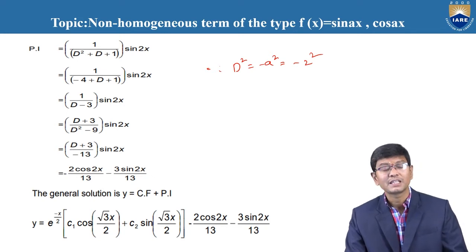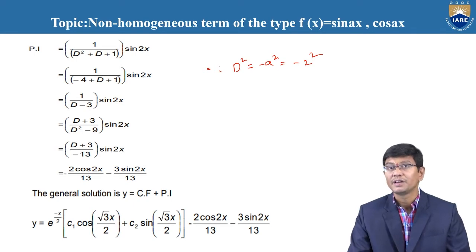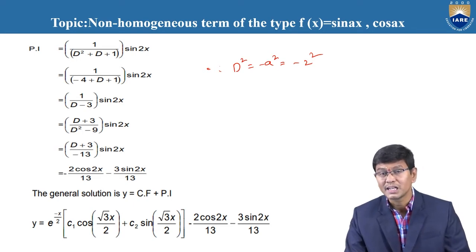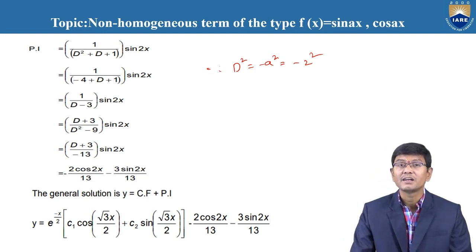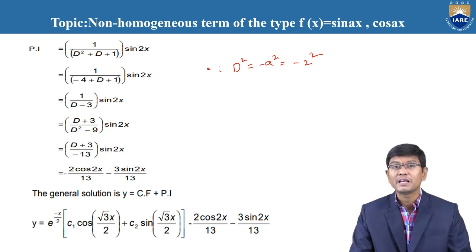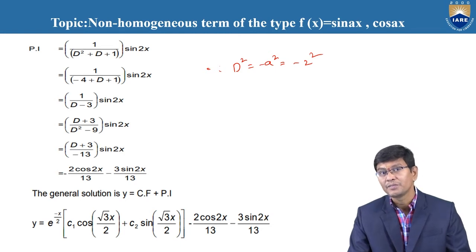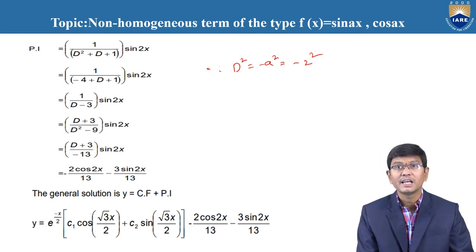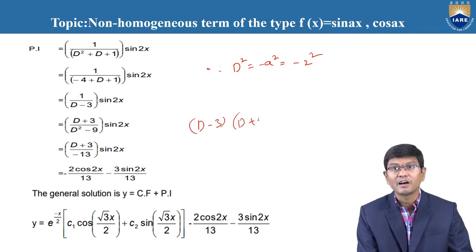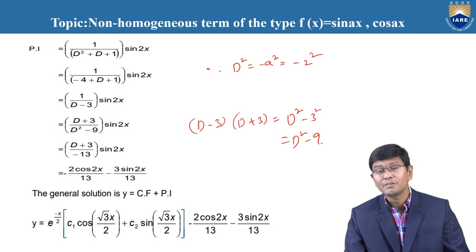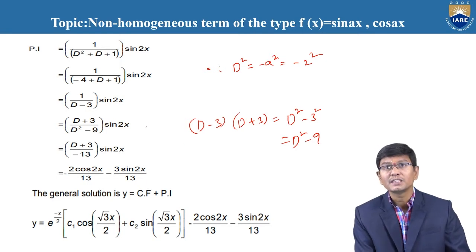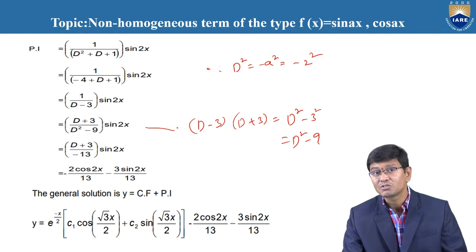Here, for the purpose of case 2, the denominator requires D squared. Therefore, now you need to do that by rationalizing. The denominator is already D minus 3. Now you need to multiply by D plus 3 over D plus 3. Therefore, the denominator is D minus 3 into D plus 3, which after multiplication is D squared minus 3 squared, equal to D squared minus 9. Therefore, the numerator is D plus 3 over the denominator D squared minus 9